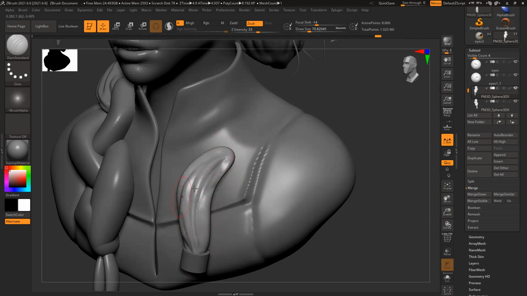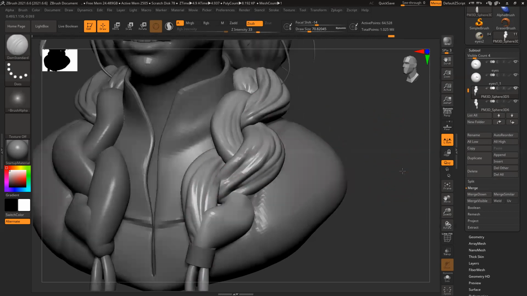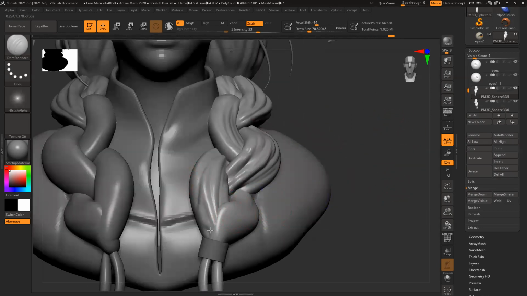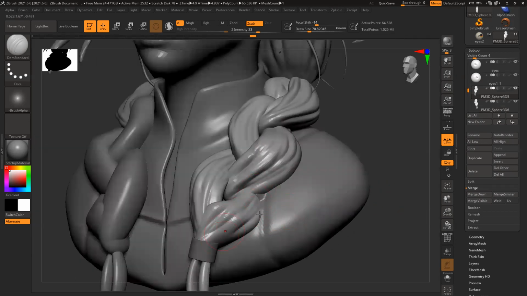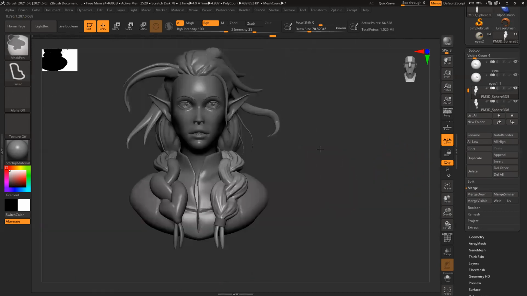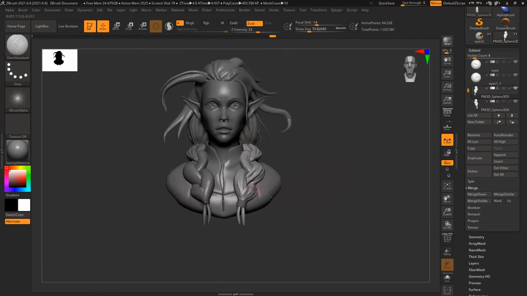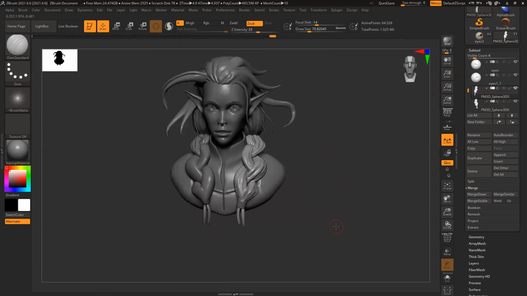So better will be to finish one part and then symmetry, and then break the symmetry, then add details. So it looks interlocked like this.